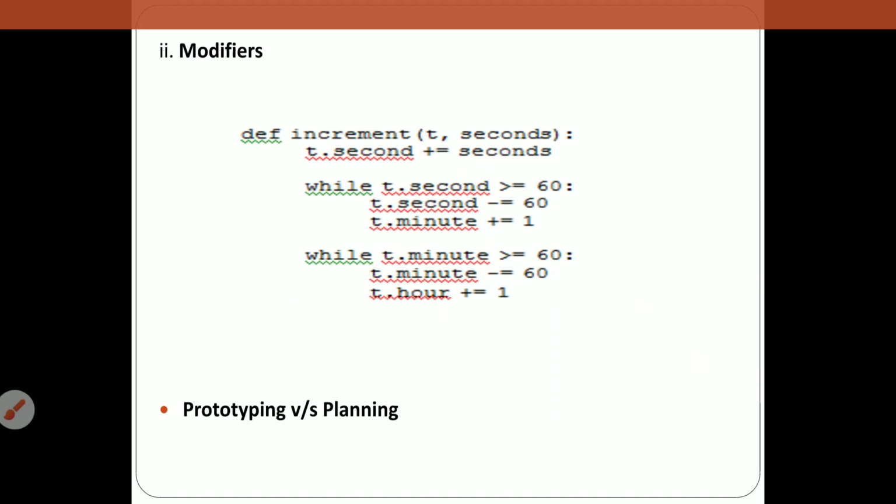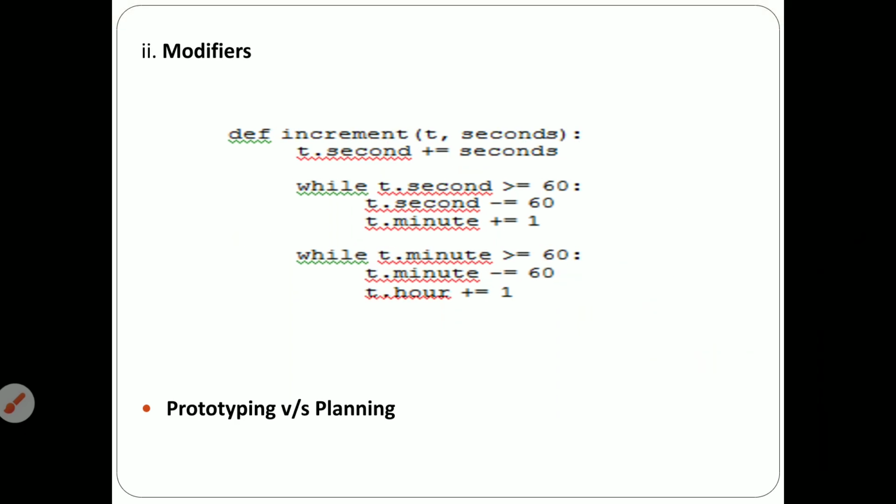And next one is prototyping versus planning. Prototyping versus planning is nothing but this: for example, we do not know the complete problem statement, so I'm writing a program initially, and I keep modifying it because I don't know the problem definition and how the requirements will change. So I write a little bit of code and modify a little bit of code. This methodology is called prototype and patch.